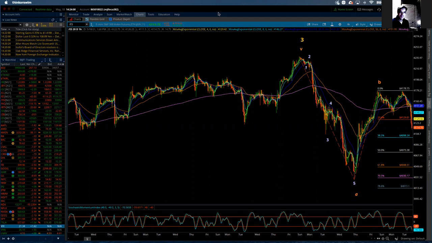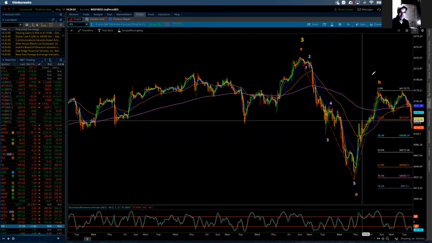The market basically traded inside most of the day, except for the final 2 hours, where it really picked up steam and started to head lower. So let's take a quick review of what our possibilities are from here.